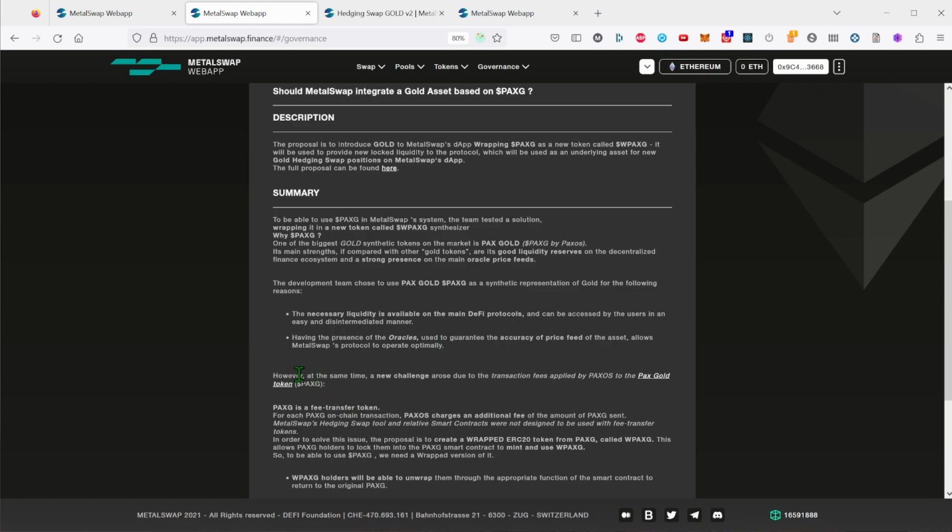However, at the same time, a problem arose due to the transaction fees applied by the Paxos to the Pax Gold token. PAXG, the original Paxos token, is a fee transfer token. For each Pax Gold transaction, Paxos charges an additional fee of the amount of the PAXG sent. And MetaSwap hedging swap protocol, all the smart contracts were not designed to be used with such a kind of